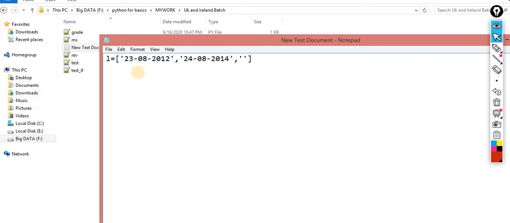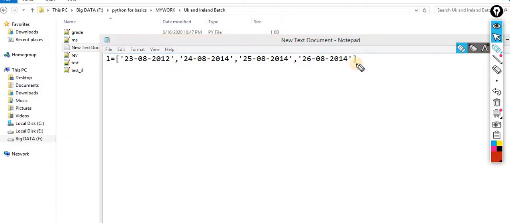Okay, 2014, and I am copying it. Control C, Control V, and Control V. I am taking this many dates, 26 and 25. Now the picture is clear. But the required format is a little bit different over here, so don't worry about it. The required format is that I need slashes. So I change the required format. I am getting the data in this format, but I have to store the data in this format. I have to use slashes.